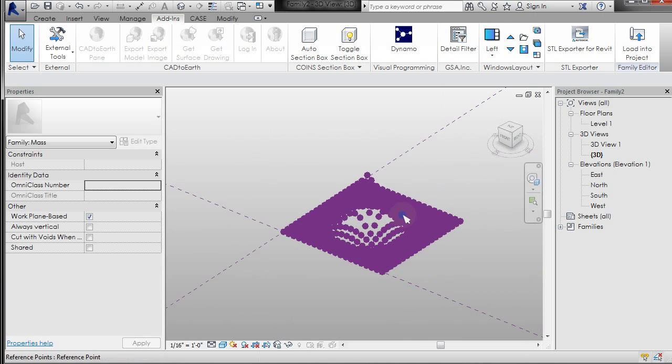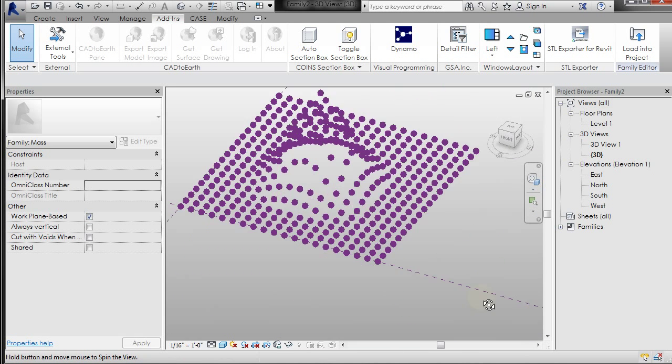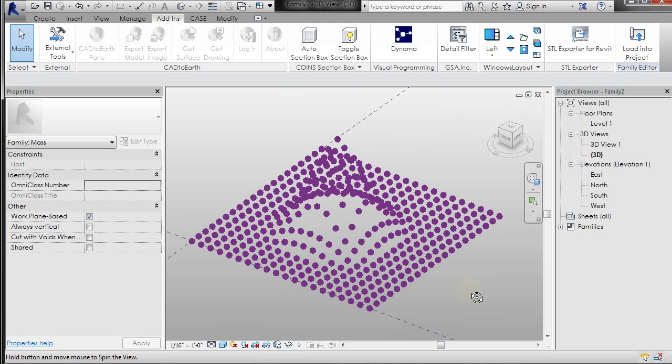So maybe next time we'll look at how you can control maybe a parameter on an adaptive component with this. Alright,